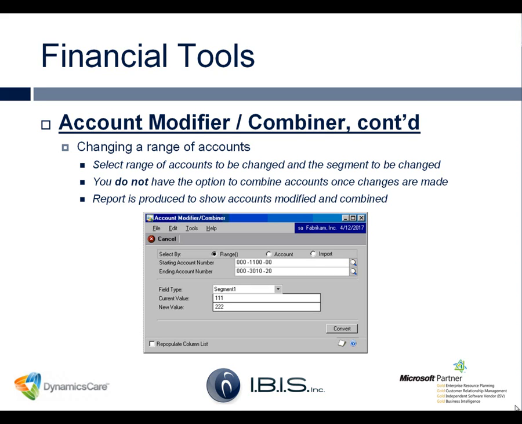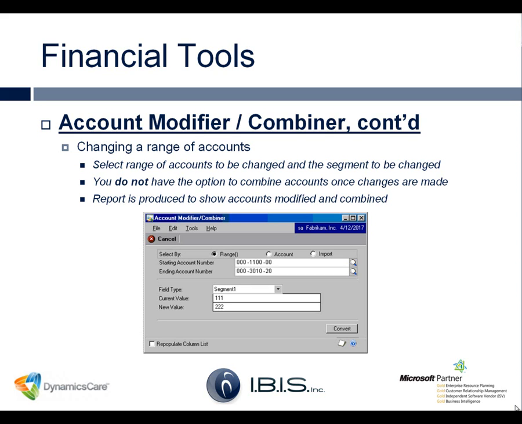Certainly if there's a need to execute this tool, IDOS will be available to assist with that, and we make sure that it's being executed properly, and that the right account ranges are created. Okay. Once the changes are made, you do not have the option to combine accounts